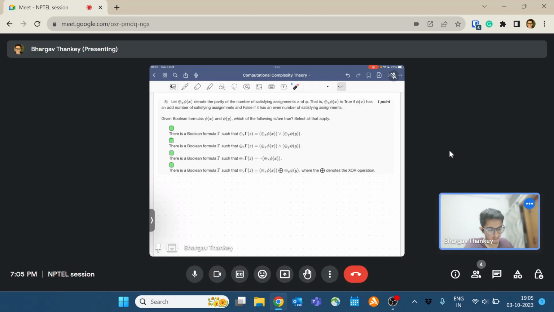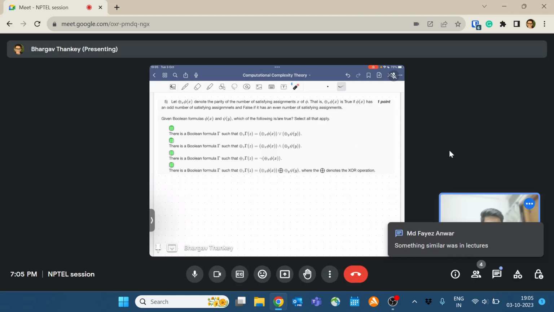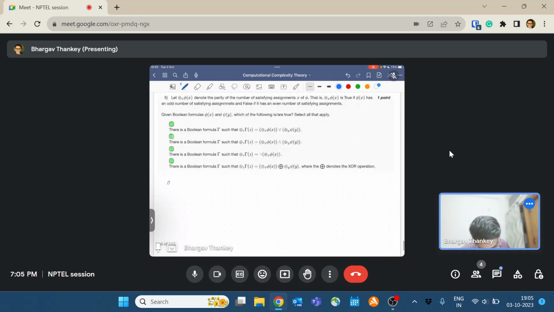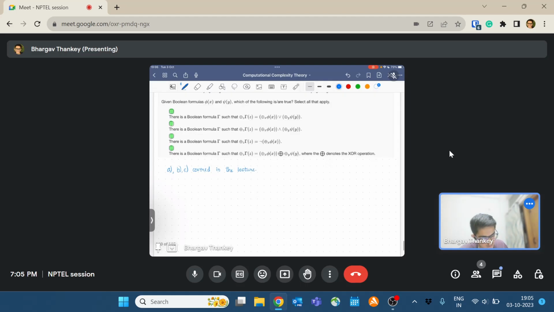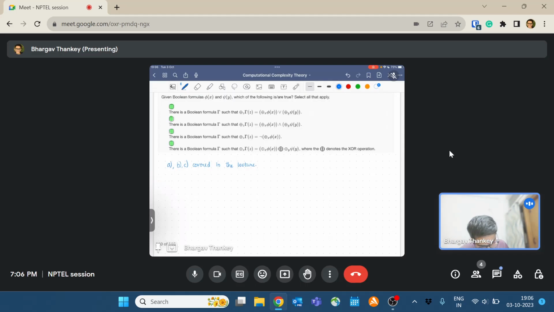Okay, yeah, so I can skip these three constructions. Then I'll just show this construction. Okay, so now let's see how to construct parity_z